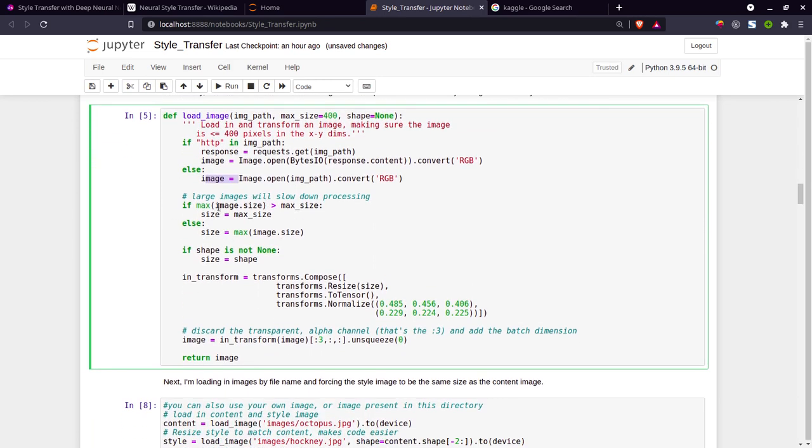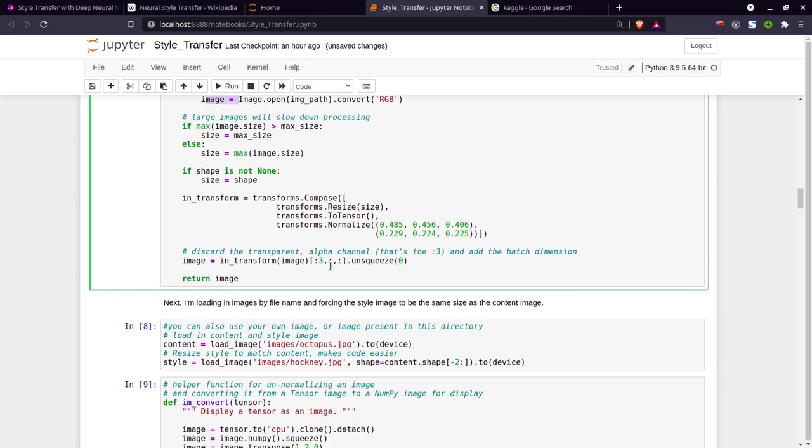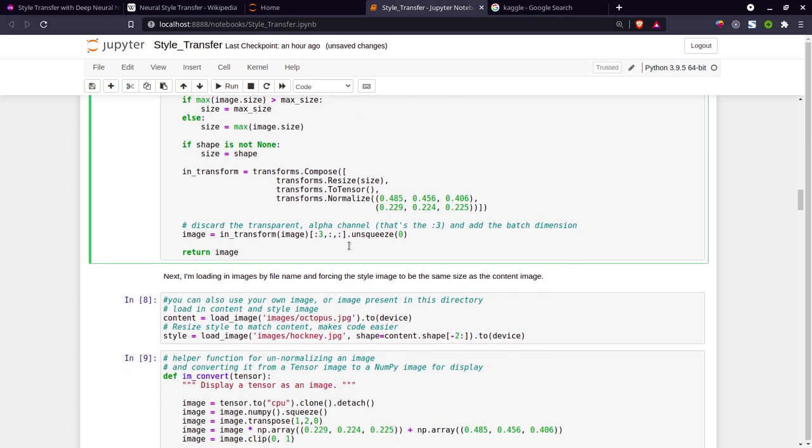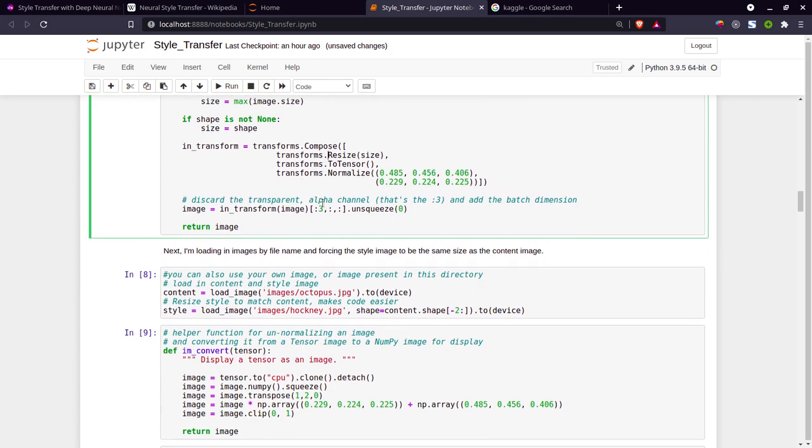Then again it will do some processing. I haven't passed the shape, so the image will not be reshaped. And then I have some other transforms like resize, and then transfer it to a tensor. Tensor is basically used to get faster computation on models. Tensors are the unit for training, you can say. And then I have to transform, like our image is based on RGB channels. Then I will have a 3D matrix, 3 2D matrices of 3 channels. So what I am doing is squeezing this, or making this into one array, and then passing it as a batch dimension. You don't need to go this deep, just understand the basics.